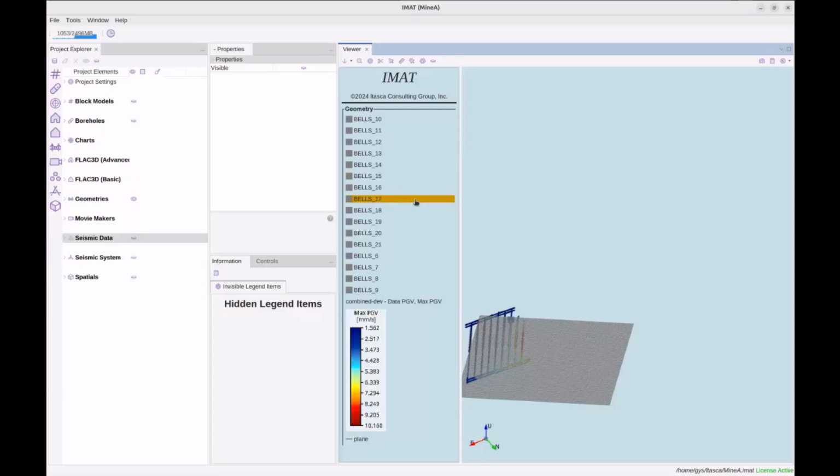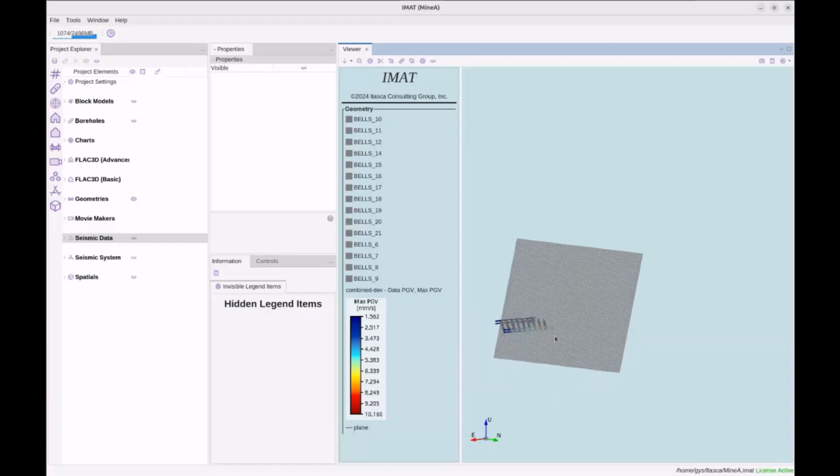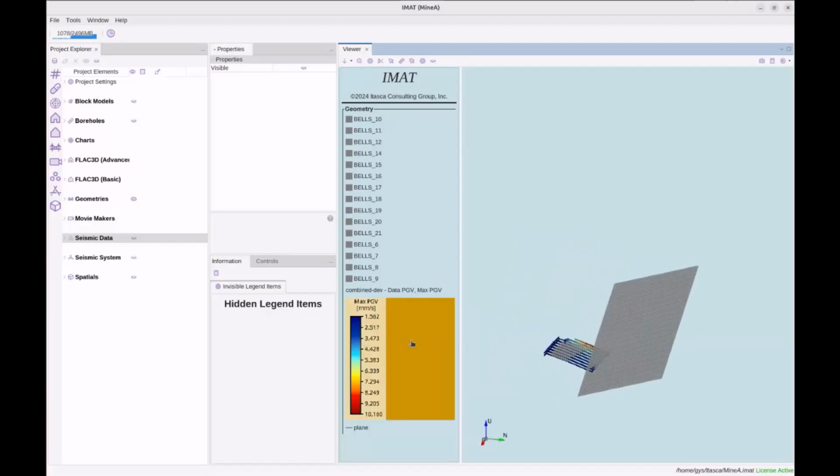So the legend is similar to the other iTasker software, although it can be interactive as well. If you want to hide an item, for example, you can simply select any one of these items, click on it, and it will hide it from the 3D viewer. Currently we're looking at contours on these excavations, and you can see the color legend here. I can simply hide it, or